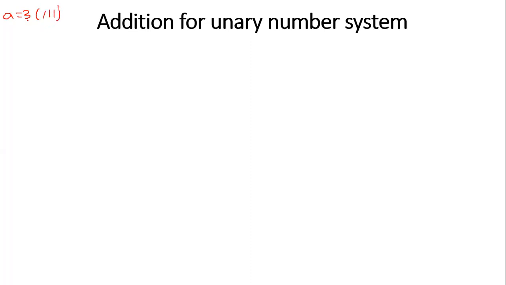If the number is 3, we take 3 ones. If the number is 4, we take 4 ones. We represent the numbers in the unary number system like this, where the length of the string is equal to the number itself. This is similar to elementary school mathematics, where they teach you addition or subtraction with sticks. So we will perform addition of these two numbers with the help of the unary number system.